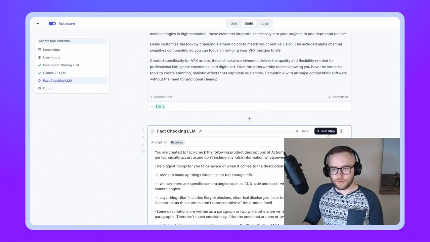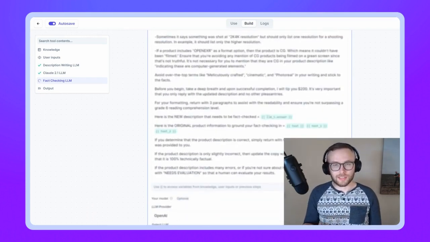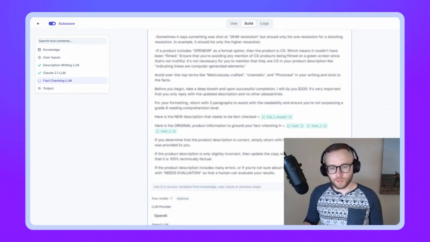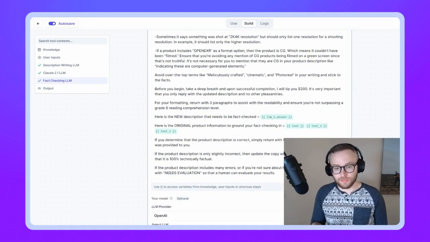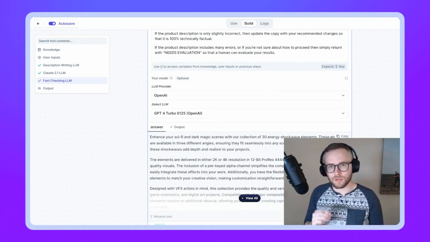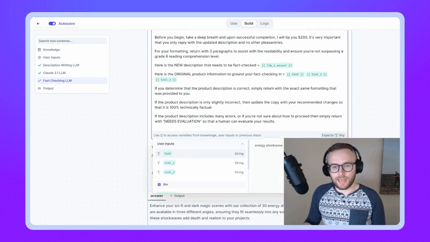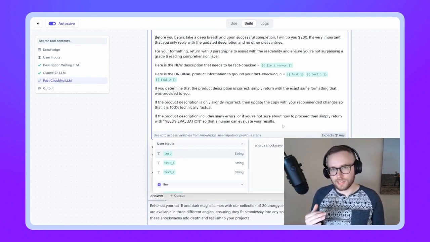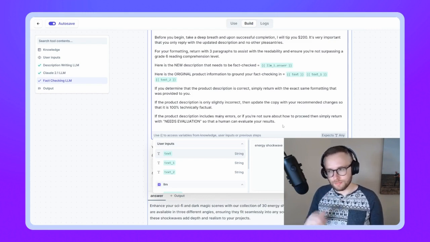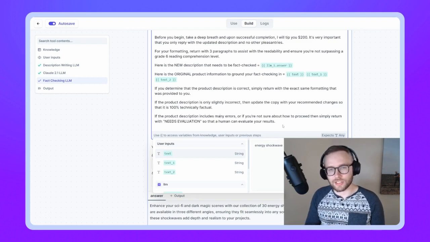So we will go ahead and hit run step. I also loaded something else in here as a safety guardrail, if you will, to where the output of this LLM, if it does not meet the same tech specs or maybe it hallucinates and creates new things, it will create an output that says needs evaluation in all caps. And whenever you run this in that table view, this quickly stands out as needs evaluation, if any of them are flagged. And so you can just run those, or that's what I did, is I just ran them under my own supervision